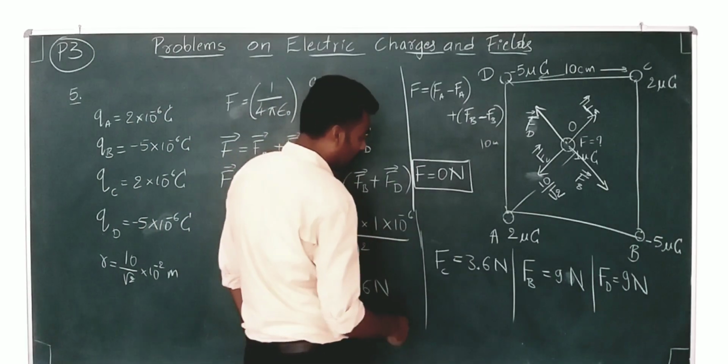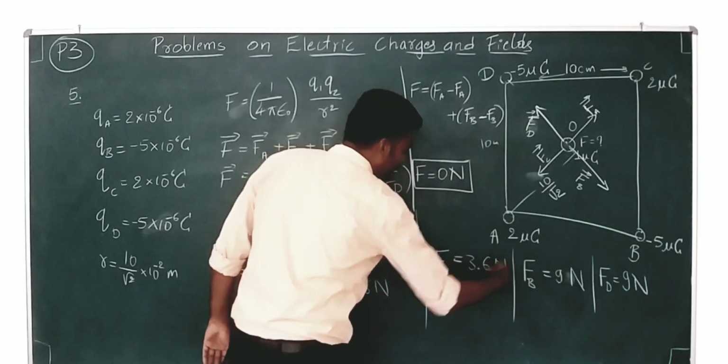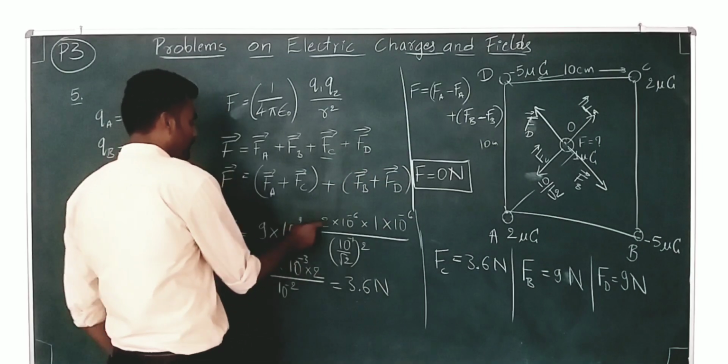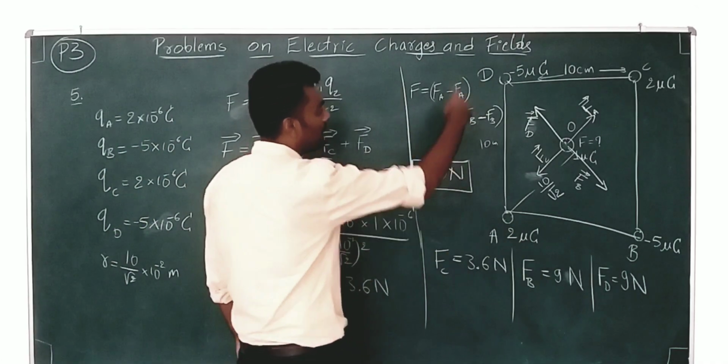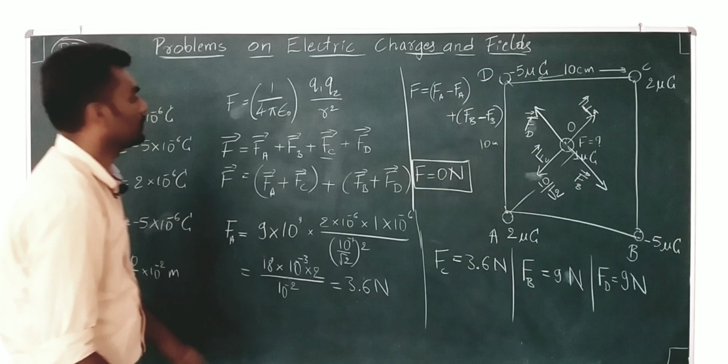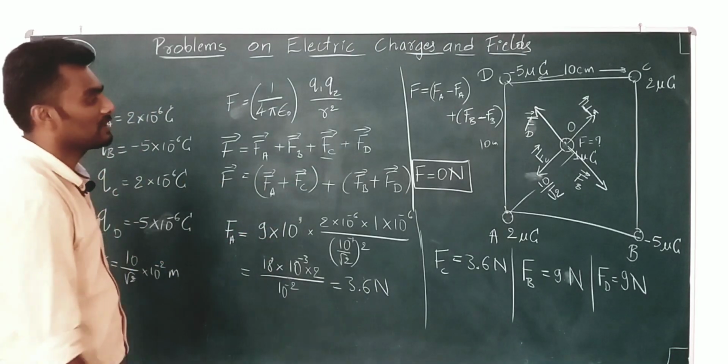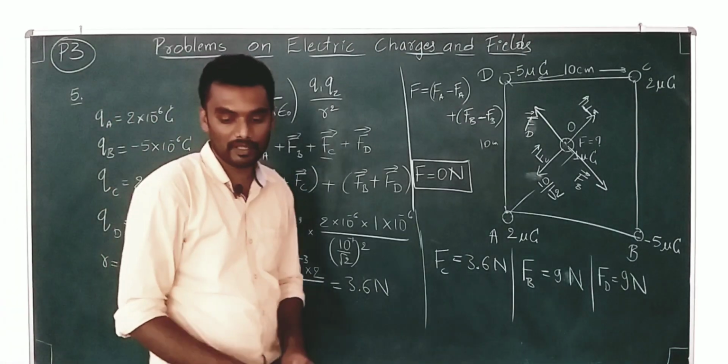This is good, and solve each of this individually. I have not solved them in the same way. Do two more steps like this and solve individually, then get the final answer for the net force experienced by the charge at the center of the square. Is that clear? Right.